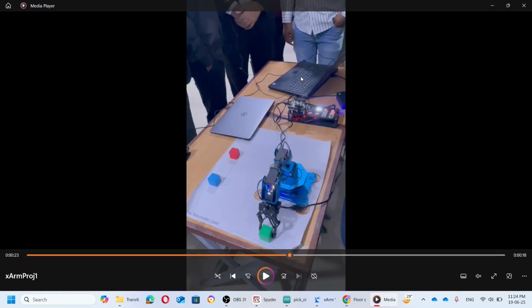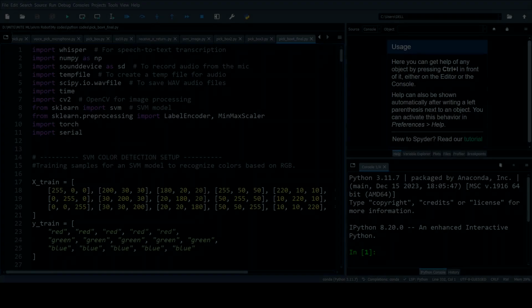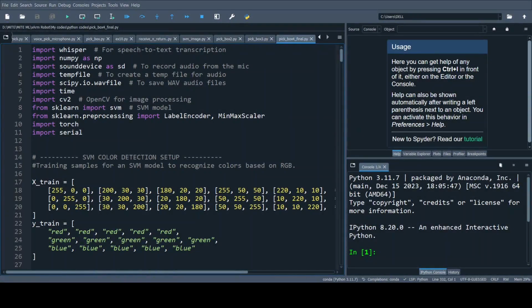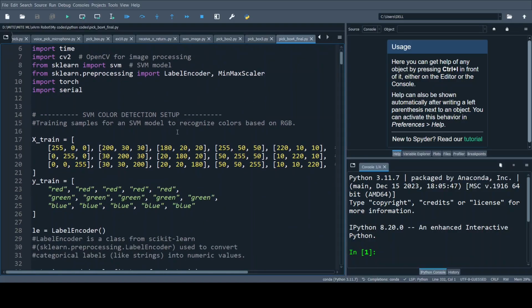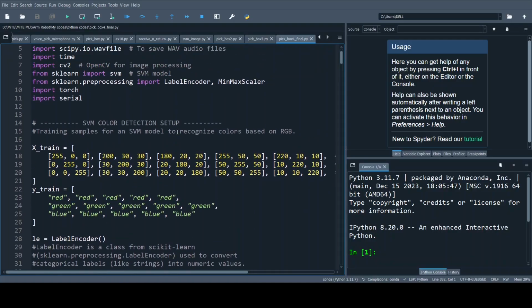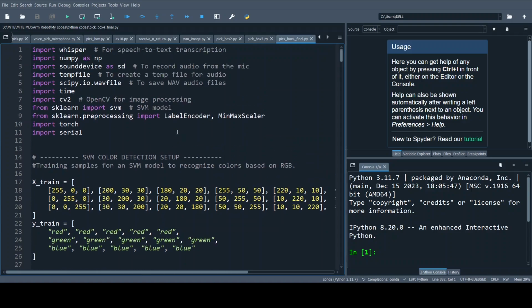First I will explain how the Python code works, then I will explain how this Arduino code works and how it calls the action group of this xArm robot. So first I will explain how these programs interact with each other, and then I will explain the code line by line. This is the Python code, and the function of this Python code is that when we give the voice command, that voice command is converted to text using Whisper,